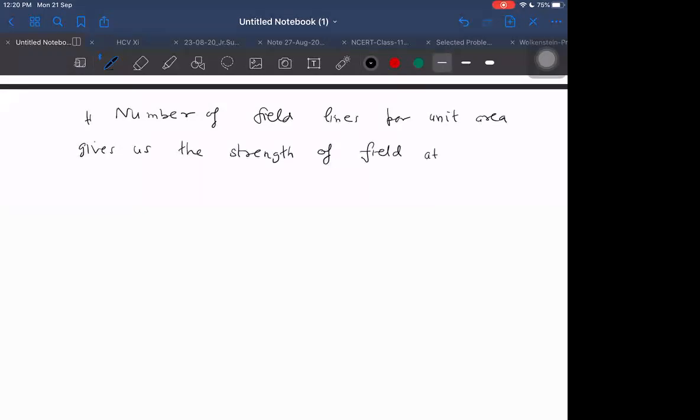Field lines per unit area near a point. So then, what is the definition of flux? Field lines passing through unit area. That means the number of lines passing through unit area is also decided. Yes, we can say that way. The number of field lines passing through unit area we can call the field flux. So by definition, the number of field lines per unit area gives us more field strength in that place, right?